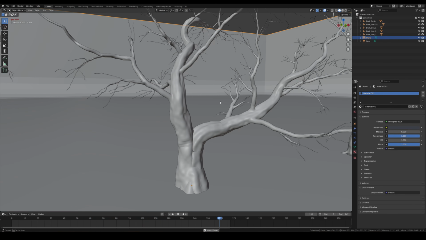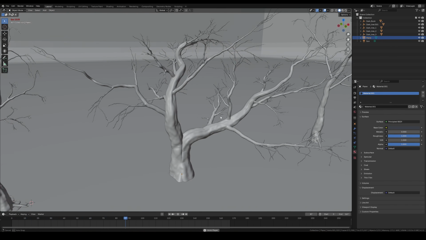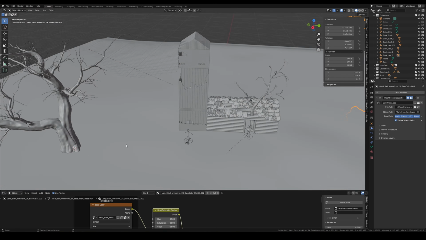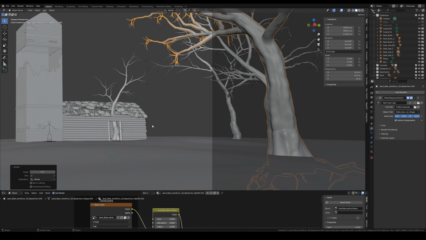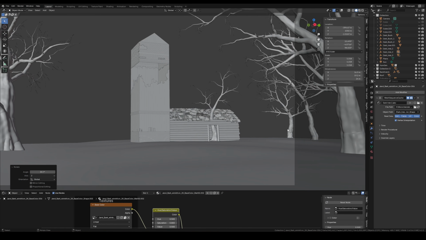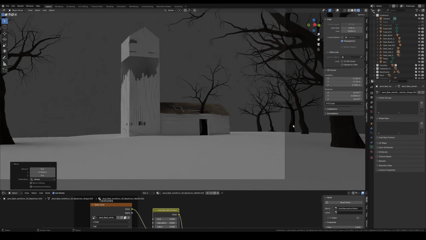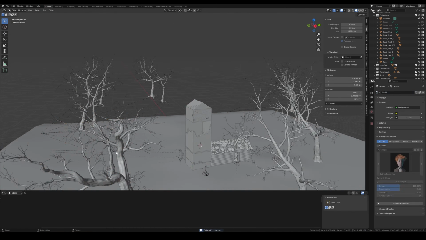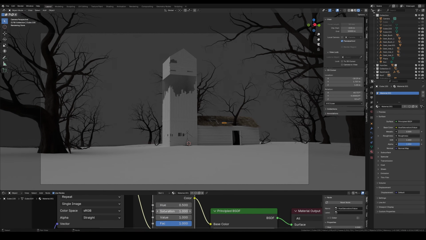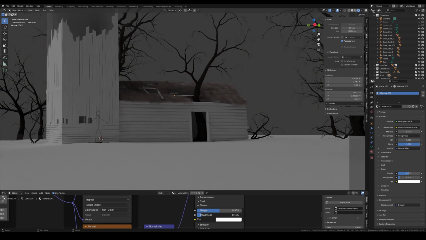So I created a few of them. All of them have a looping animation, and then I brought them into Blender and started scattering them around. You should really make sure that you use these trees, especially these weird droopy branches that they have, to frame the shot in a way that it leads the eye of the viewer towards the main focal point